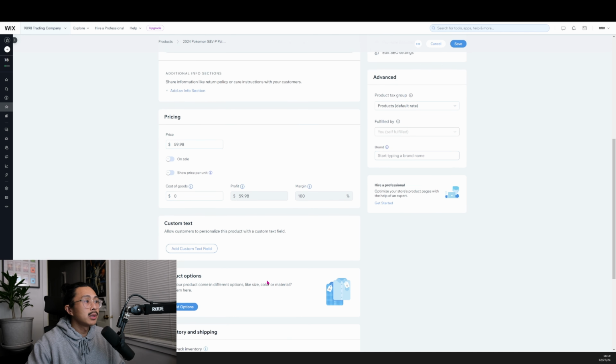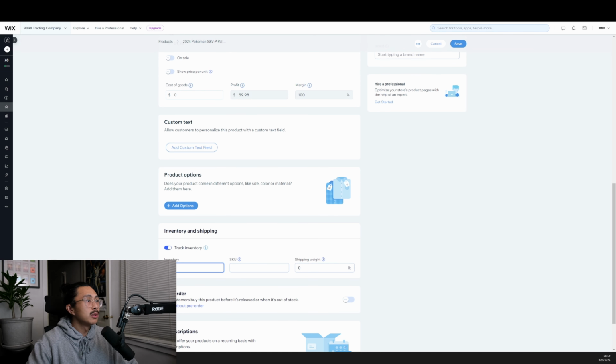Leave all that blank. Scroll down a bit. Track inventory, what's in stock. The cool thing about Wix is if you do track inventory, you have one in stock and it gets sold, when a customer purchases and checks out with a product, this automatically updates. If you have one in stock and someone buys it, it'll automatically go to out of stock and it will reflect